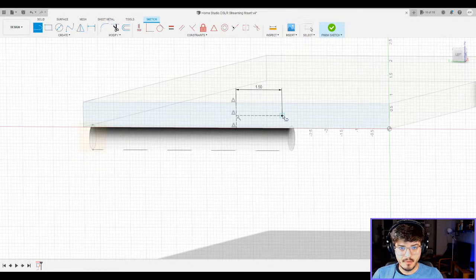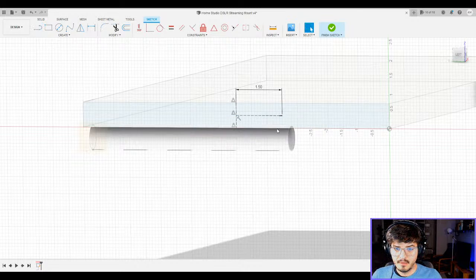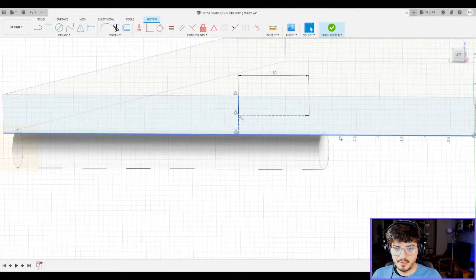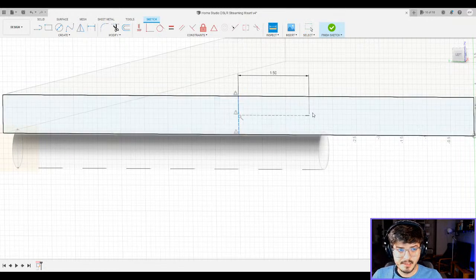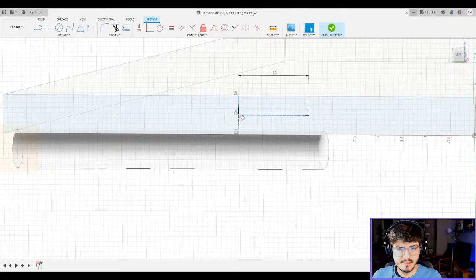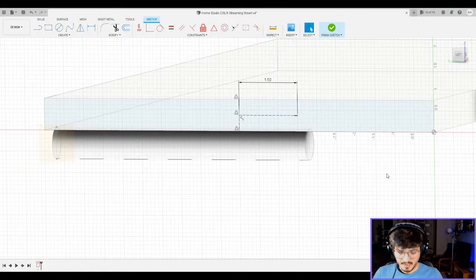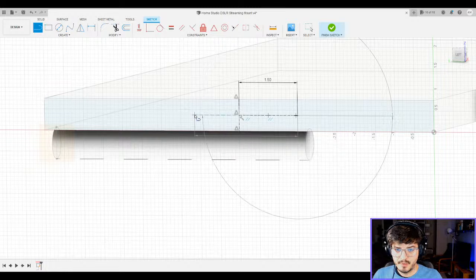I'm going to draw my line here. Actually, I want to know what this dimension is. That is 3/4. So I'm going to draw my line here from this point. I do not want it to be a construction line. I do want it to be 3 inches.